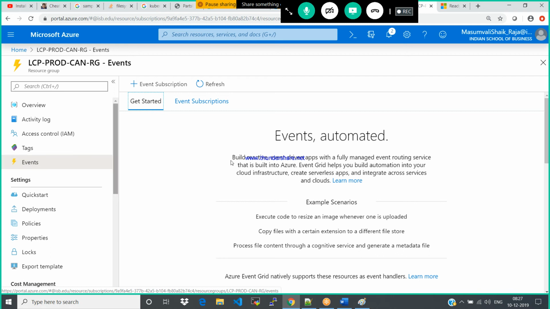This is used to collect the events. If you would like to add any event to the particular service, let's assume you can write an event that if any new user is created, automatically assign that user to this resource group.